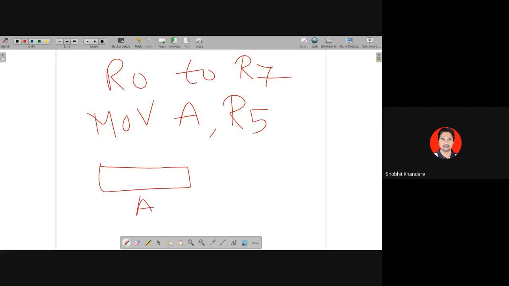This is my accumulator, which is of 8 bit. What is going to move?